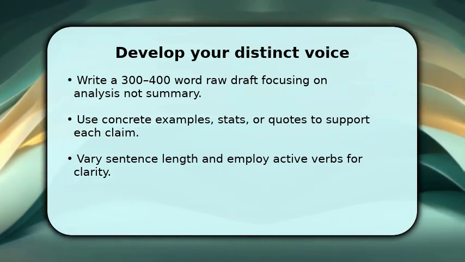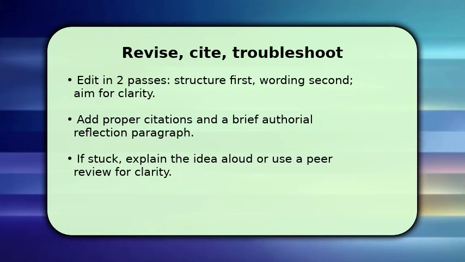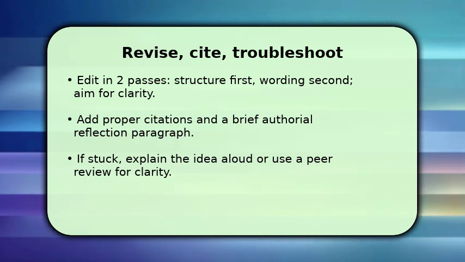Finish by revising in 2 passes. First, fix structure and flow, then focus on precise wording and transitions. Once done, add proper citations and a short authorial reflection paragraph explaining your approach and limitations. This reinforces authenticity. If you encounter similarity concerns, read passages aloud or get brief peer feedback to spot copied phrasing